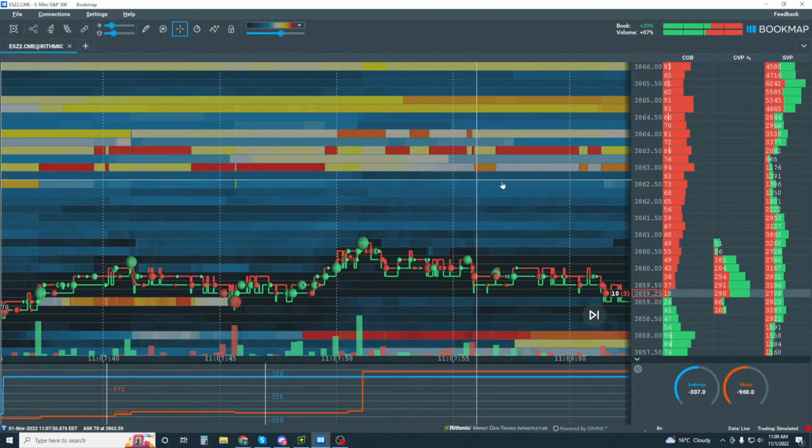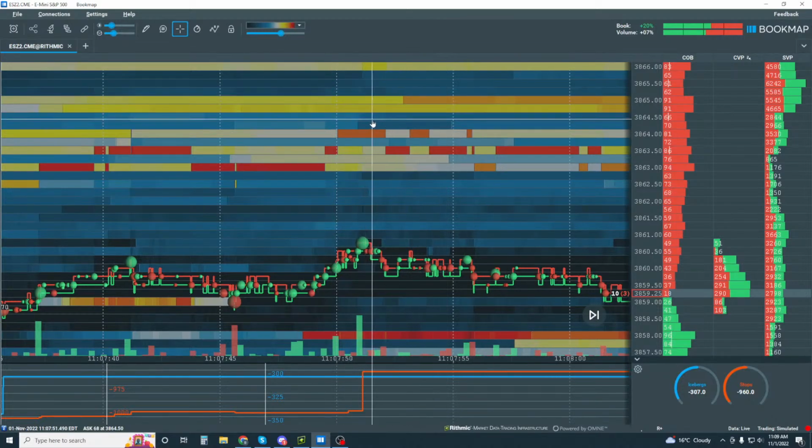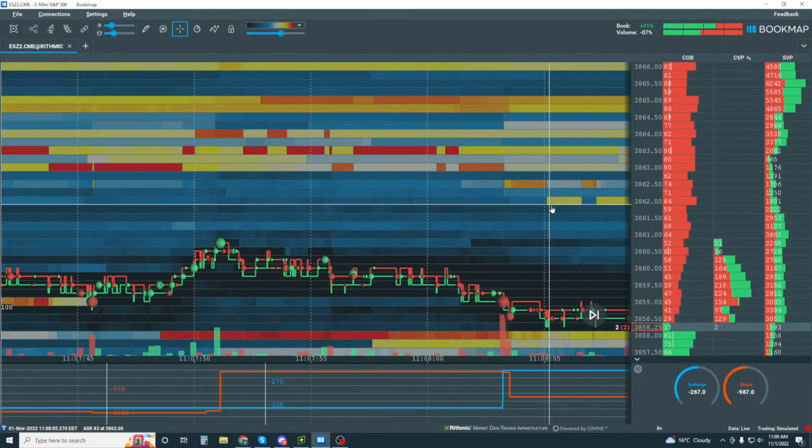So is it the same player? I'm 99.9% sure it has got to be the same algo that's pulling and adding liquidity around these areas up here. Because you can identify it in here. What are the chances that another algo is doing that? It would be weird. So anyway, that's where we can start to read even this player's activity up here.